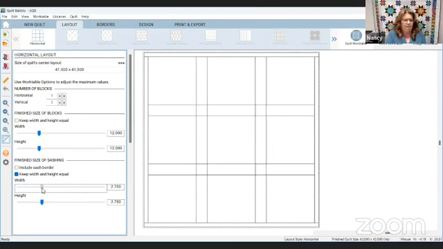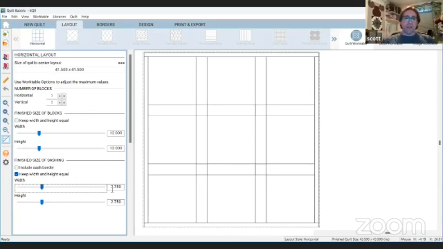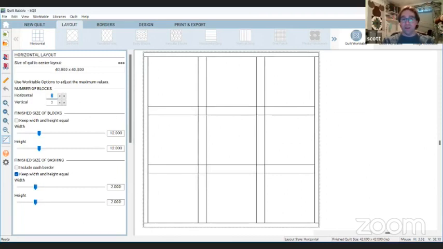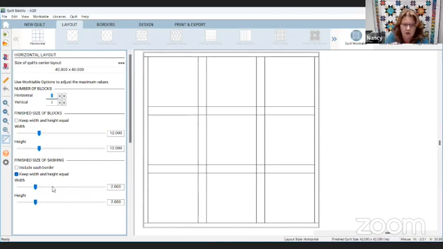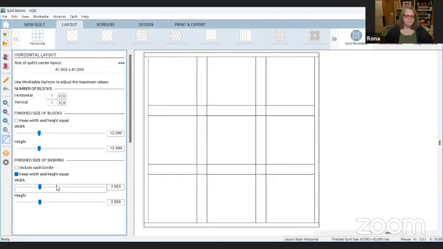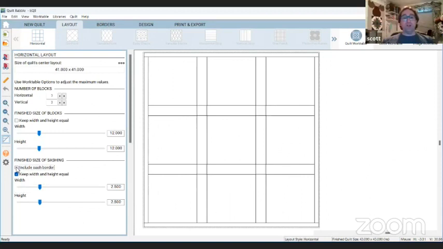It just makes life a lot easier, because rarely are you going to have one width sashing in this direction and a different width in this direction. You're correct. Vertical and horizontal equal. And you can either slide the taskbars or you can just type in numbers. And you can also click on the taskbar if you need to just go one position. The other option you have to play with is, do you want to include a sash